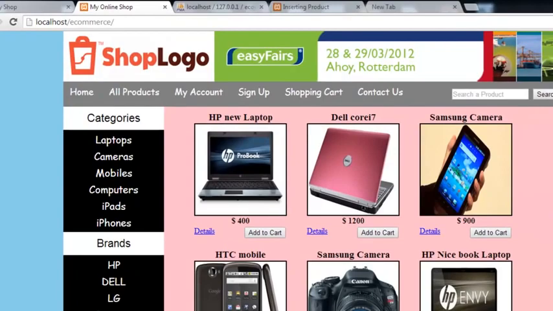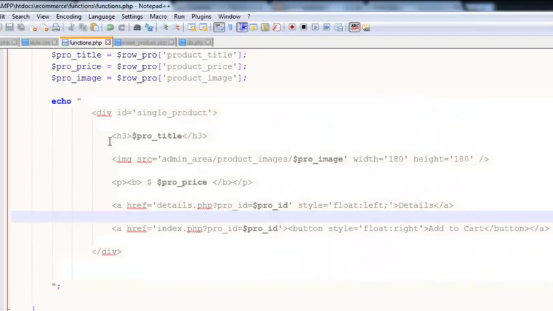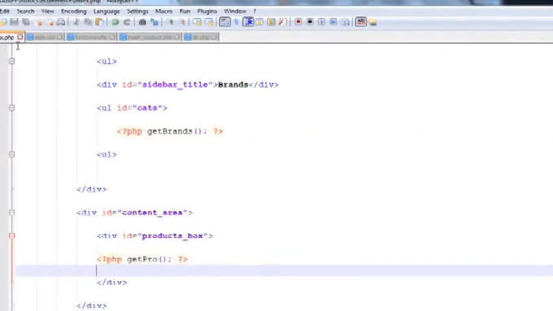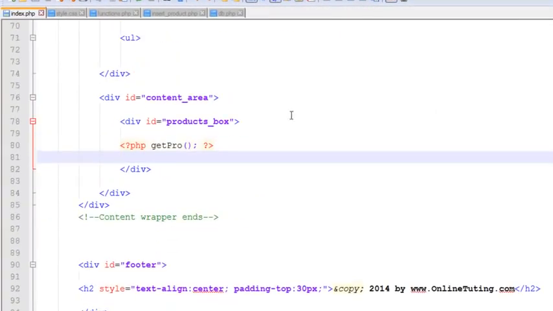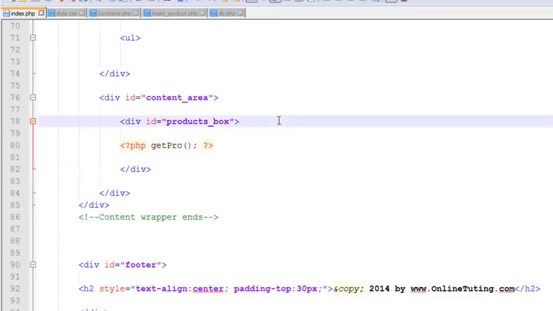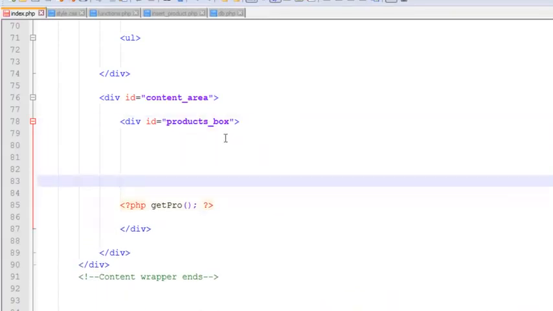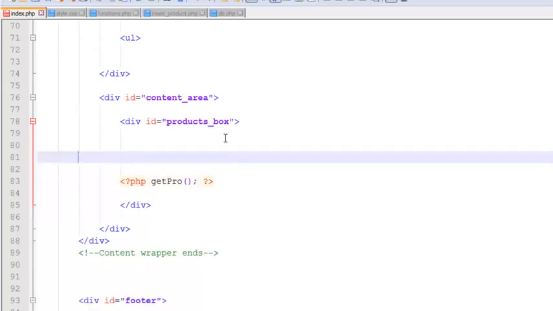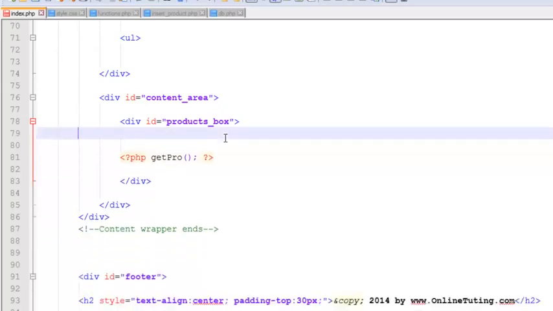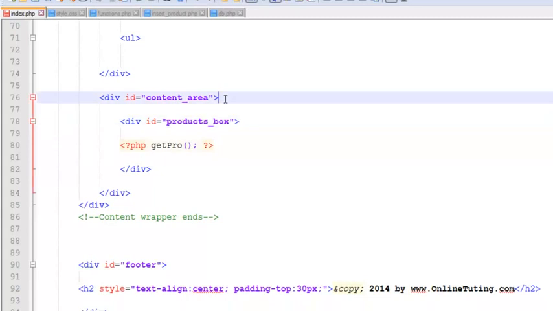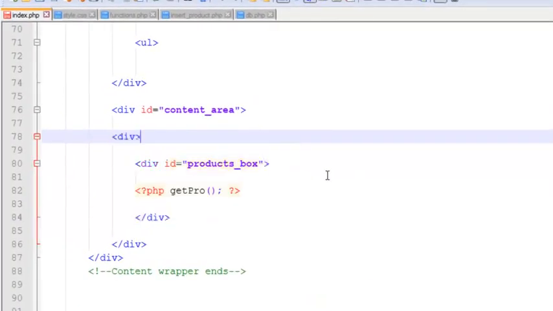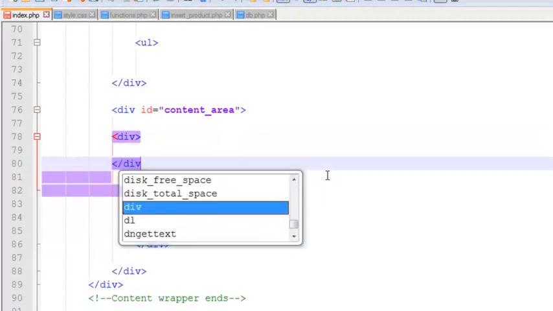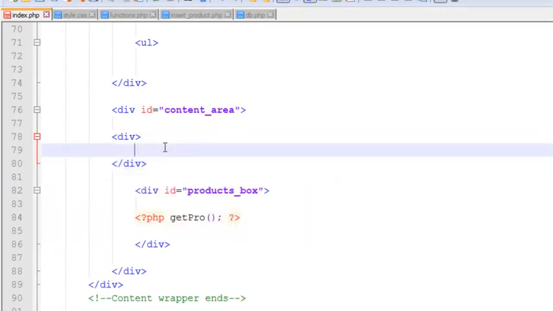So now inside the index.php page, we can create something like, outside the box, no sorry, outside the products box, because the products box is a specific area. Inside this content area we can create one more div tag, and close the div division tag, and inside this we can use something. For example,